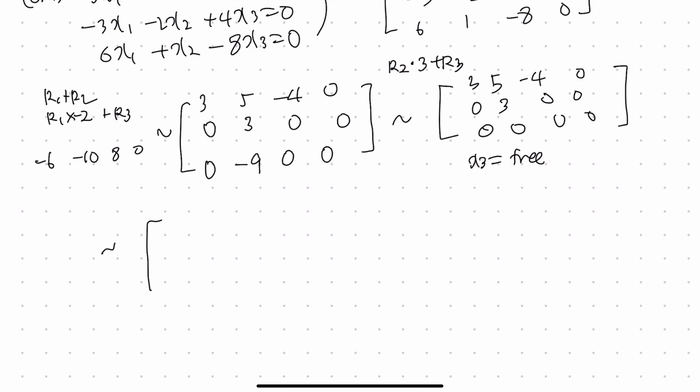So that means that if you do all this again, and you put this into reduced echelon form, then you can divide row 2 by 3, so it will be like this. And then you could divide the first row also by 3. So you can have 1, 5 over 3, minus 4 over 3, and you can have 0. And in this form, you can see that you can also